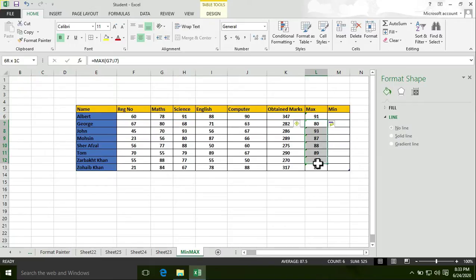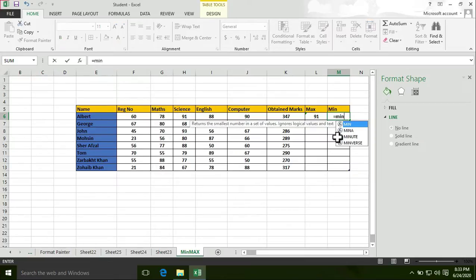Now let's find out the minimum marks of Albert. First of all, enter the equal to sign, then type minimum. Select this range of cells, close the bracket, because I want to find out the minimum marks from these four subjects: math, science, English, computer. That's why I selected these four subjects. Close the bracket, hit enter.